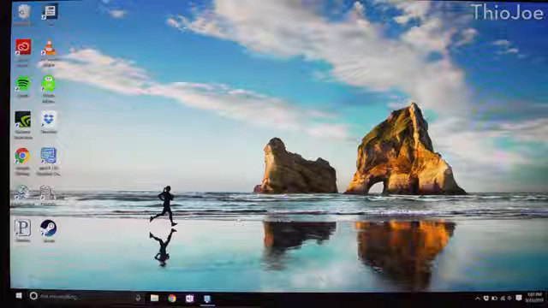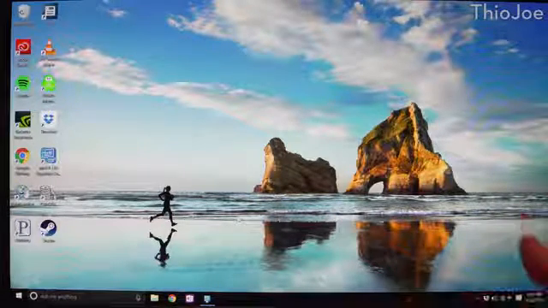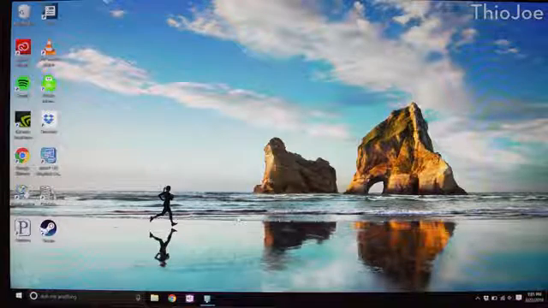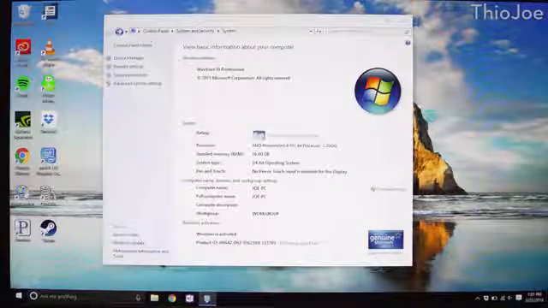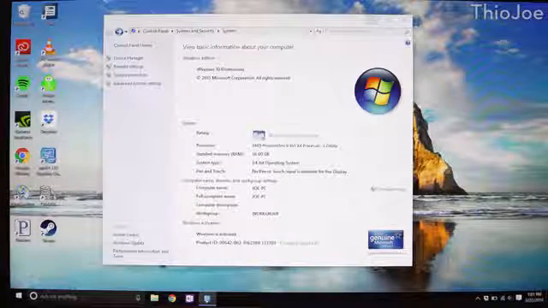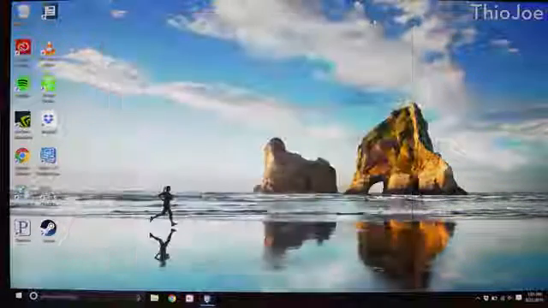Okay, so here we are at the computer, and I'm just recording it right off the screen with a camera because we have to restart the computer a couple times. But the first thing we want to do is see how much RAM we have right now, how much we're starting off with, and we have 16 gigabytes, and that's actually pretty good, but of course we can always use more, right? So the first thing you need to do is run a check disk on your computer to make